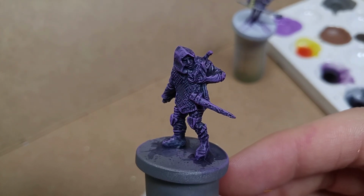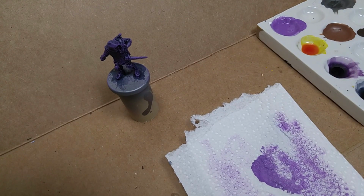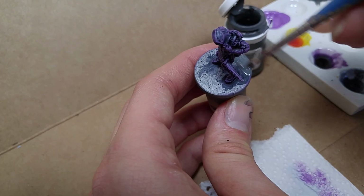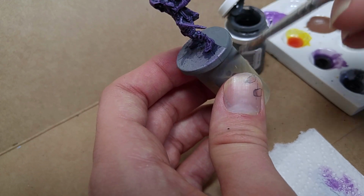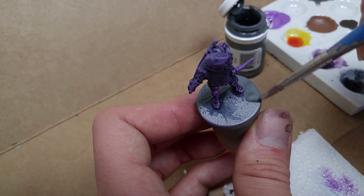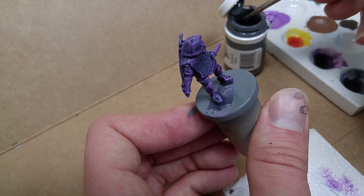So, in retrospect, I think at very least, rather than the dry brush, I should have edge highlighted the purple on. The dry brush is just too chalky and it takes away from the ghostly look and makes it look more like a worn statue,